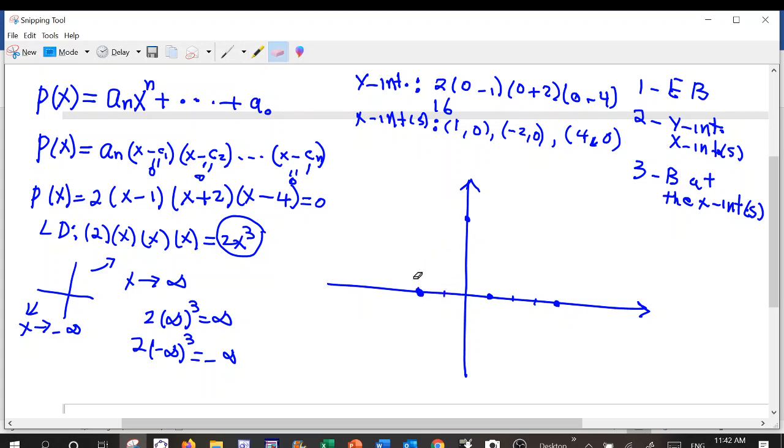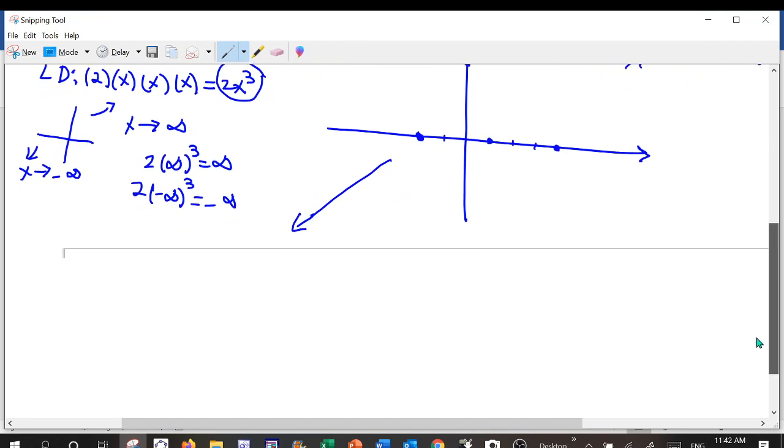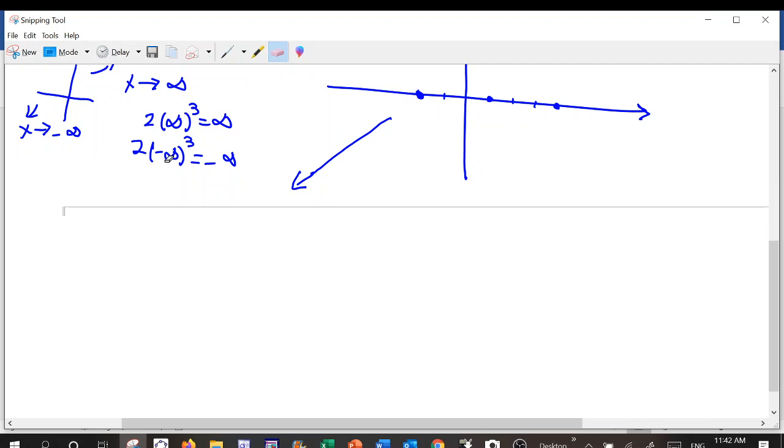And we know the end behavior looks like this, so this comes over here. Now we have to decide how it behaves at these points. To do that, we're going to come back here. Let's talk about it here, and then we come back and finish the graph. So if the polynomial has this factor with some power,